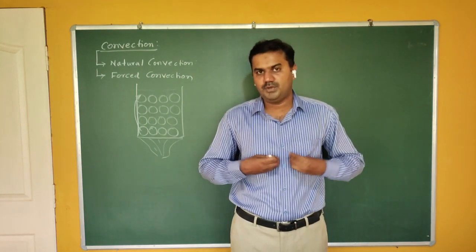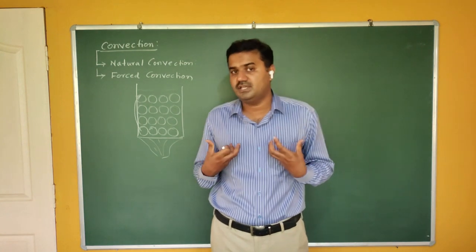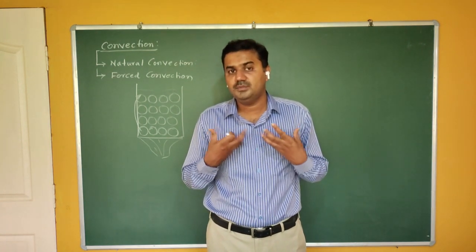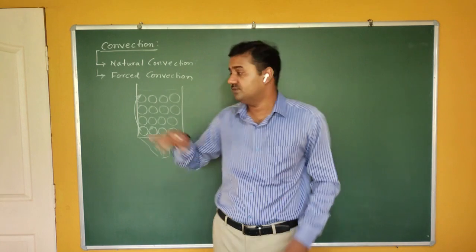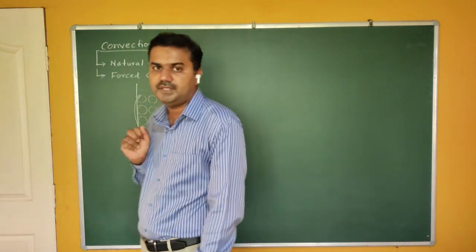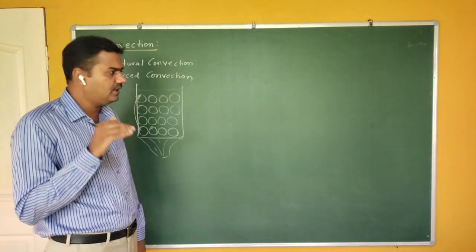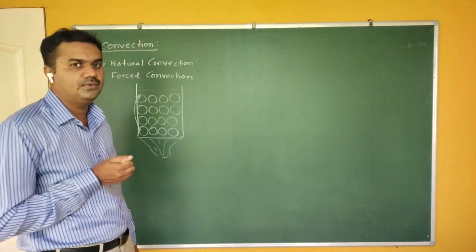Okay, blood flow from one point to other point, it carries the energy, it is a convection. But it is not a natural convection. This time, heart pushes the blood here. Therefore, now such kind of convection is called forced convection. Are you getting me? And this convection is called forced convection. Okay, you can give the number of example for forced convection.